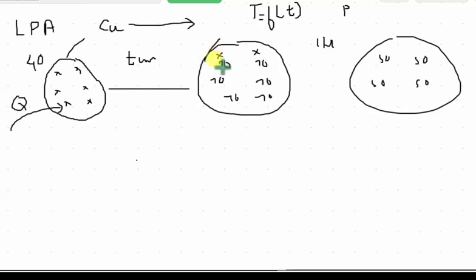At this corner the temperature will be the same, at the center the temperature will be the same, at the other end the temperature also will be the same. So this is nothing but lump parameter analysis. So when the temperature is just a function of time and not of position, then we can say that the system is acting as a lump.